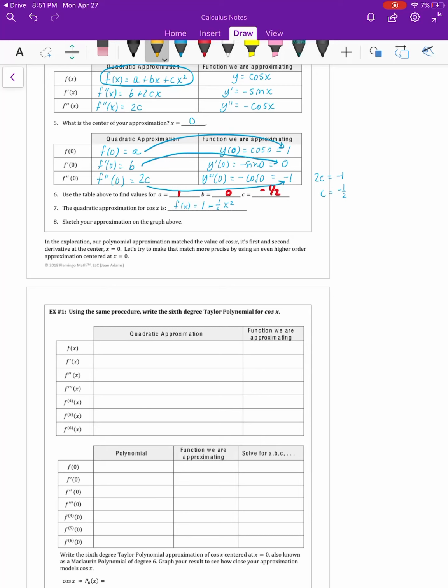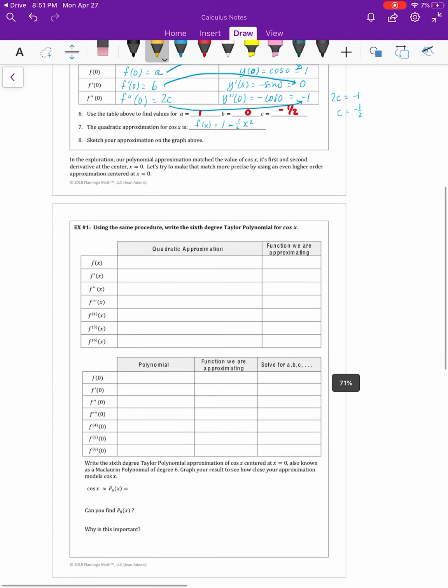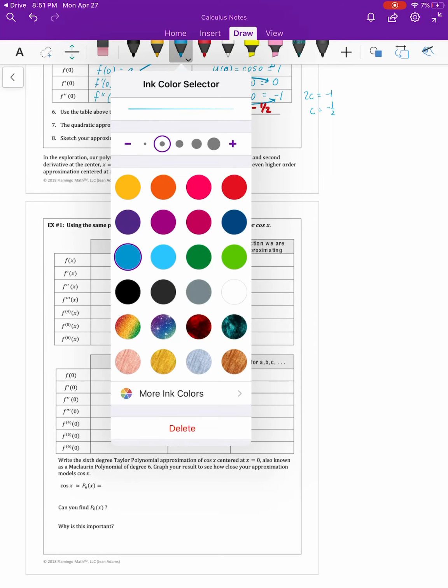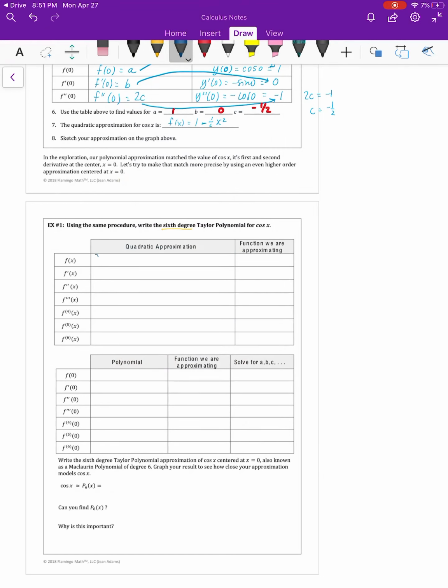So now it says, in the exploration, our polynomial approximation matched the value of cosine x, its first and second derivative, at the center x equals 0. Let's try to make that match more precise by using an even higher order approximation centered at 0. So we're going to do the same thing, only this time we're going to go to the 6th degree. And so the approximation for 6th degree is going to be